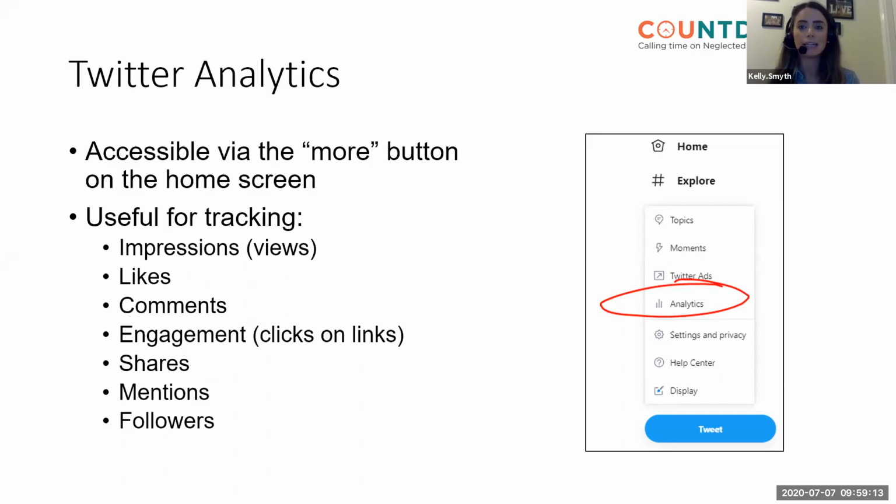If you select analytics, you can use this to look at all aspects of your tweets, and it can help you to identify patterns. For example, which types of tweets evoke the most engagement. Most individual users of Twitter wouldn't use analytics that much, but just to give you a glance.